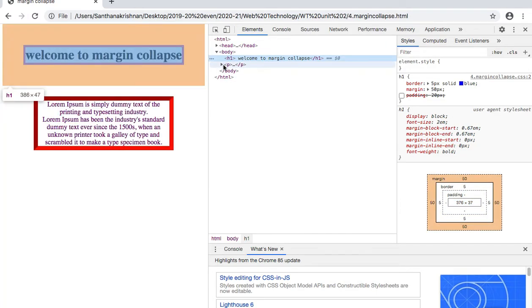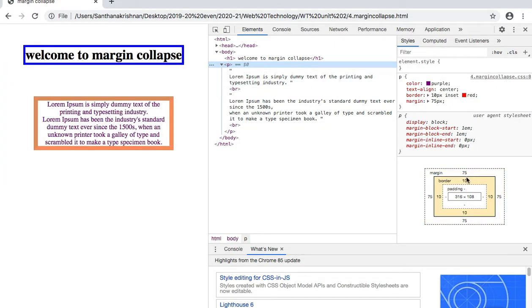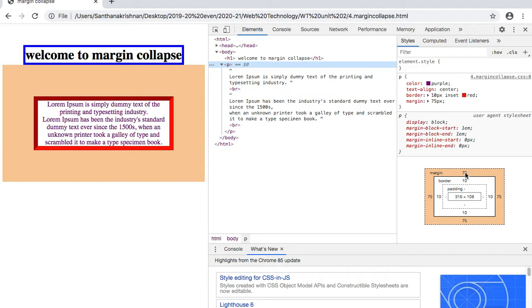And moving on to the paragraph, go to this coding and paragraph. This is the paragraph's rectangular box model. See here, 75 overall. Now you can visualize here that the distance between the h1 and the paragraph is 75. There comes the concept called margin collapse. This h1 has the margin as 50, whereas the paragraph has the margin as 75. So it will pick up the larger value, 50 or 75. It will take the 75 value and place it here. It will leave the space. The margin between the h1 and paragraph is 75.